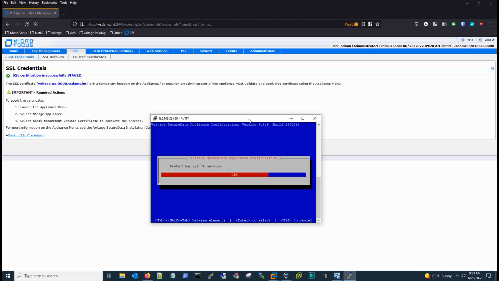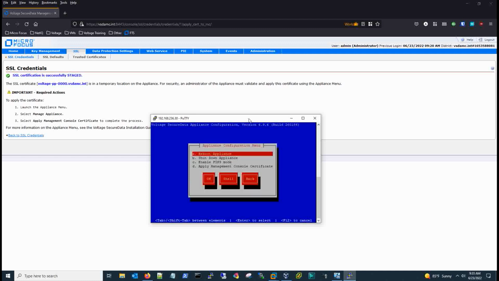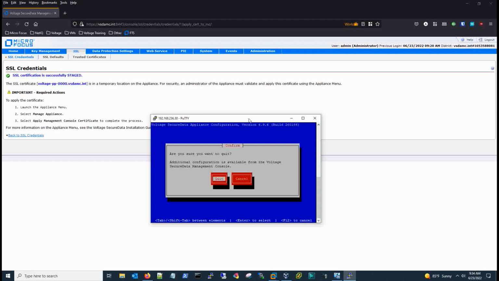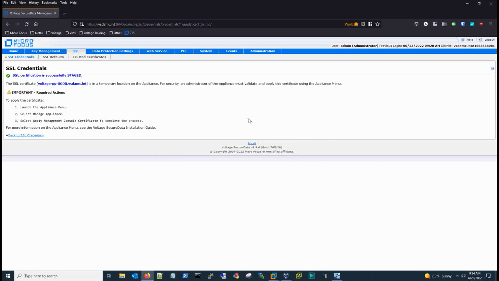And this process will take care of installing the certificate accordingly to the web server and restart the necessary services in the back end. This is completed without any errors, which means that it was successful. So we can now quit that screen since we don't need it. Now our certificate